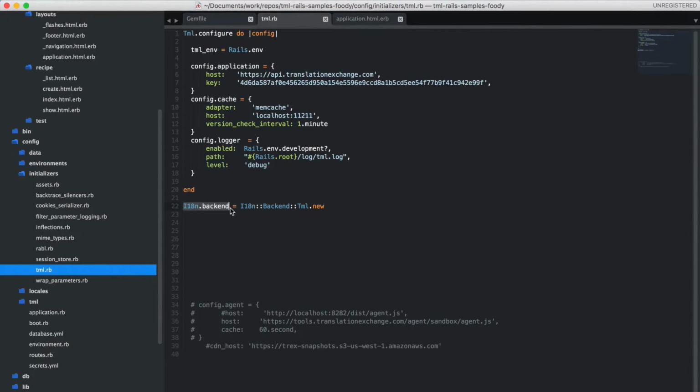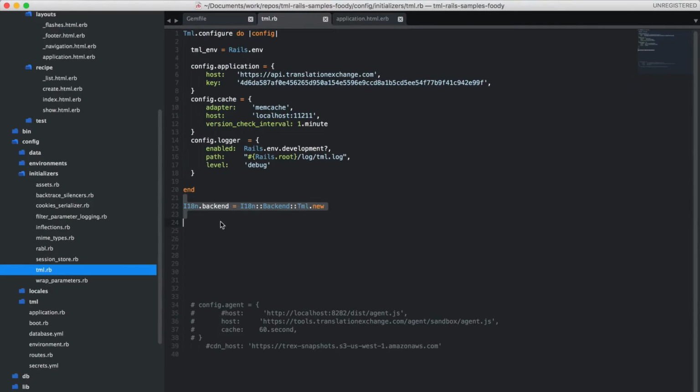But if you already use the I18n library, you don't want to go through and change it, and why should you change all of the stuff that you already did? We work well with the I18n backend, so you can use us at the backend, and we'll pick up all the standard I18n T wrapping, and it will get extracted. But for that, you'll need to use that initialization script. It will not utilize any of the advanced features of our TML library.